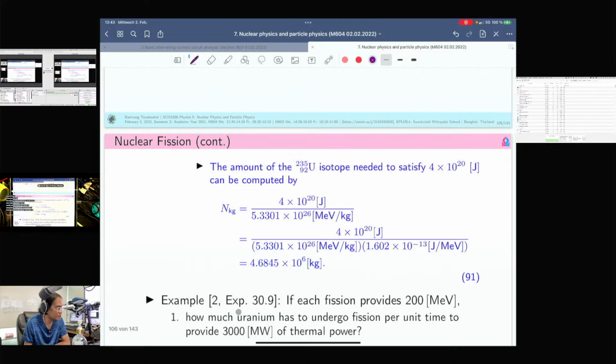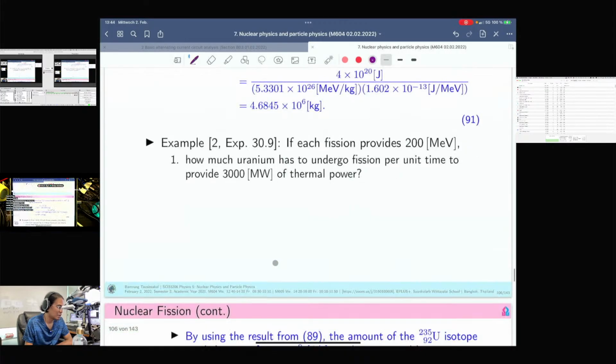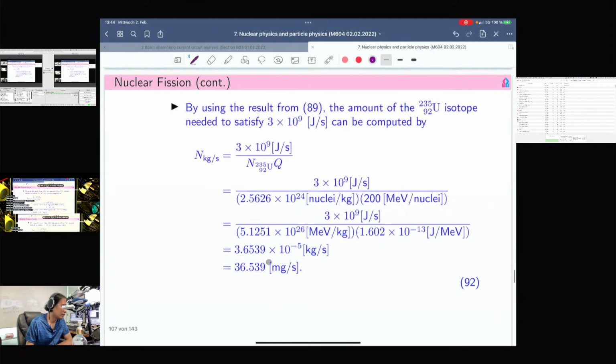this problem is quite similar to the previous problem. We need to know the number of uranium-235 nuclei per 1 kilogram, and the result is already there in 89. Okay, that's the Avogadro number divided by 235 grams per mole. Okay, it's 2.56 million photons. Okay, and yeah, we get